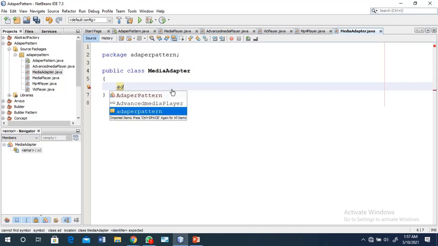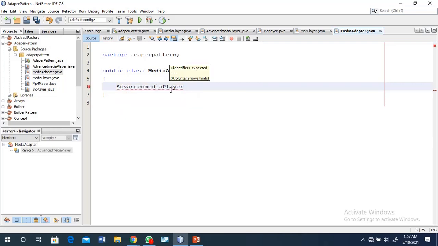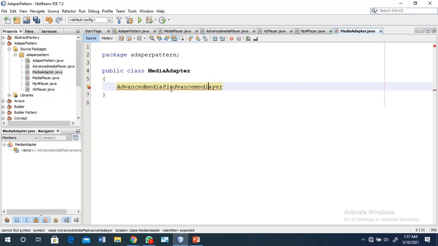So you create one advanced music player variable here. Then after that, in that class there is one method.